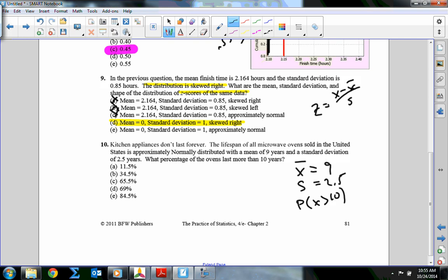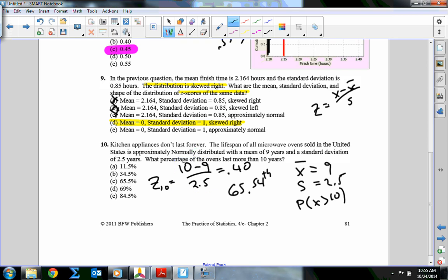So this is kind of straightforward. We're going to do the z-score for it. So we want more than 10, so that's our x value. So 10 minus 9 over 2.5. A little calculator magic, that comes out to be 0.40. And so then that's the